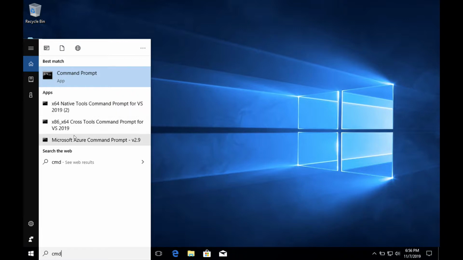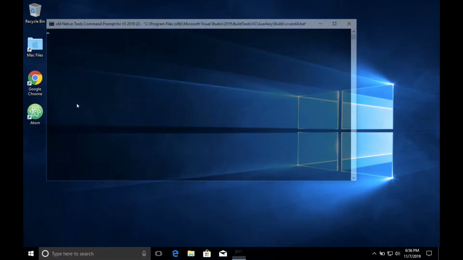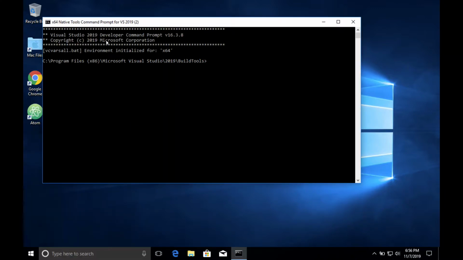Yeah, this is what I was looking for: Native Tools Command Prompt for Visual Studio. This guy right here. So that gives me the tools available to me. Now if I do pip install matplotlib,